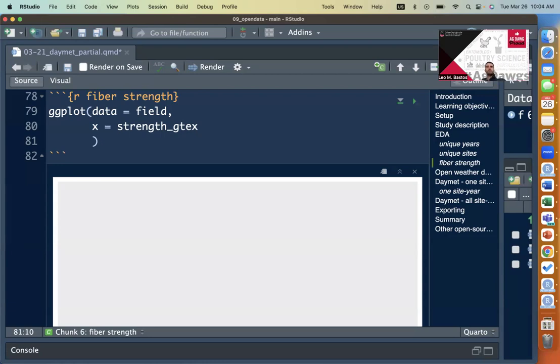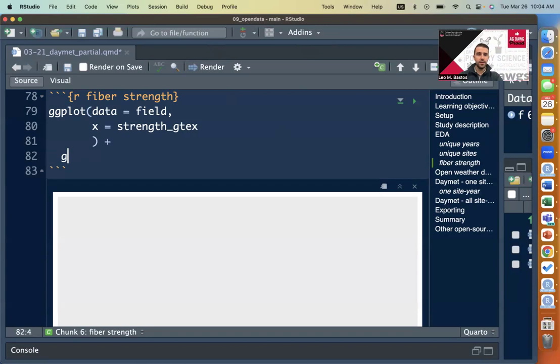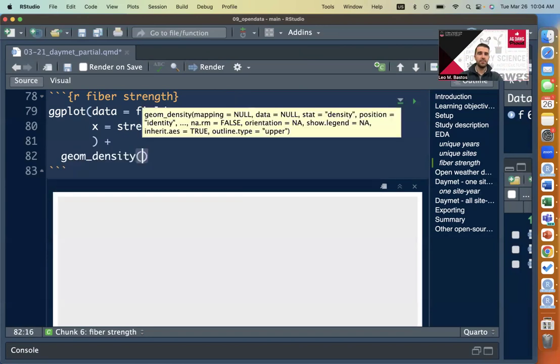Any other thoughts? Density, right? So box plot and density are similar, but density gives you more information about it. So let's put density here. Yeah, Kriti said geom density as well. That's where I was going. Thanks, Kriti. So if we just say geom density,